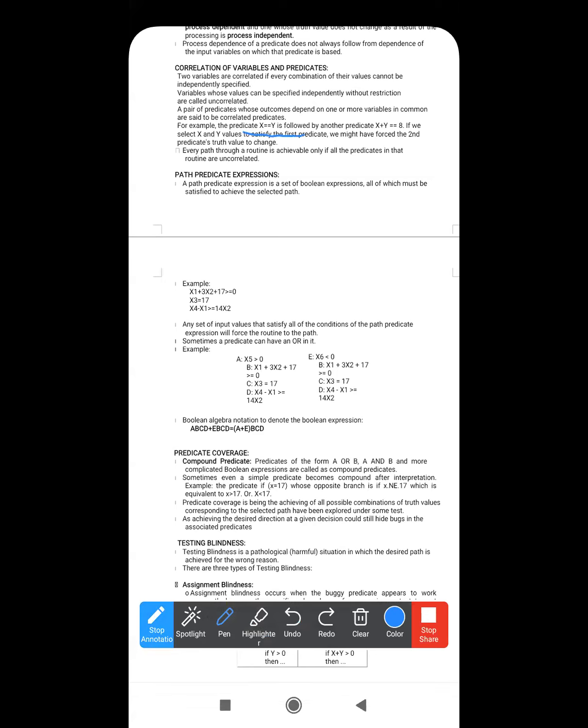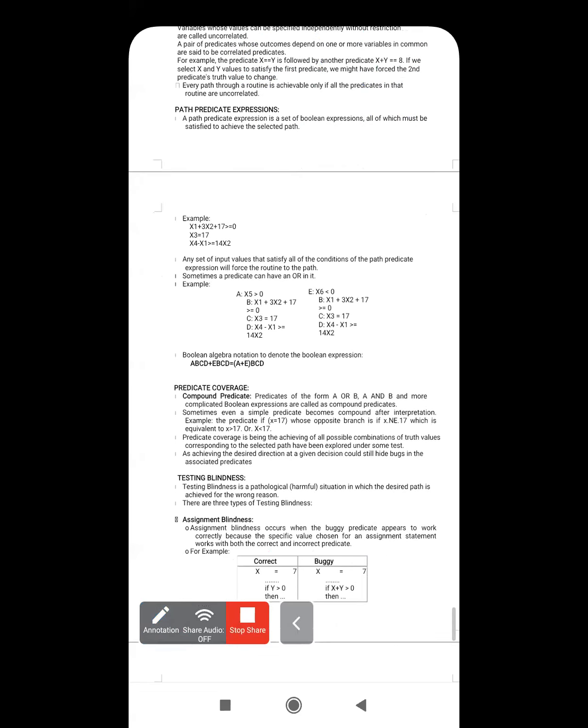We are having two predictions. If x double equal to y, if the first prediction is true, then we don't worry about the second prediction. If the second prediction is true, then we should analyze the first prediction only, because after the first prediction only we will go to the second one. Until we go to the second prediction, first we should do the first prediction, then we should go to the second prediction.